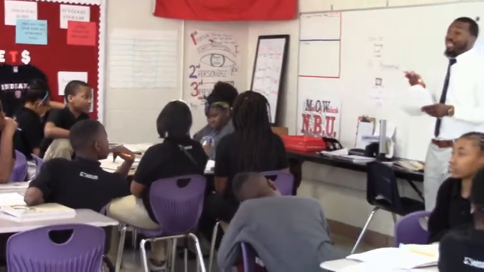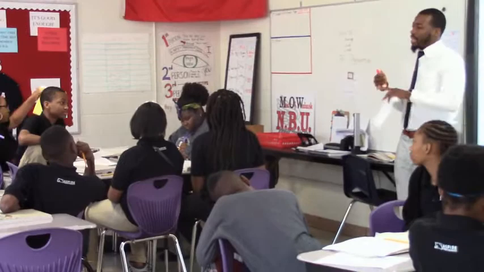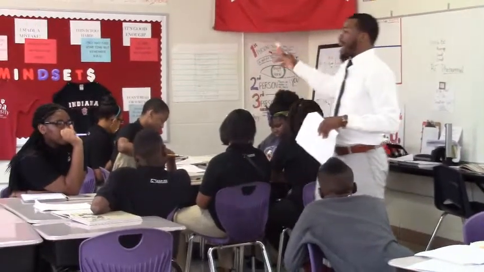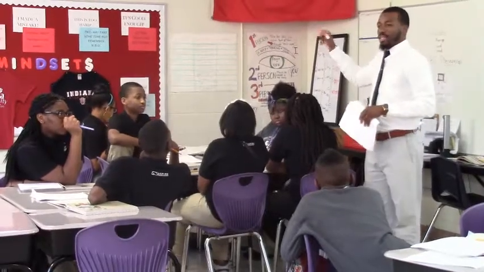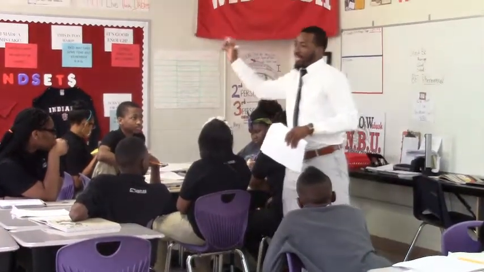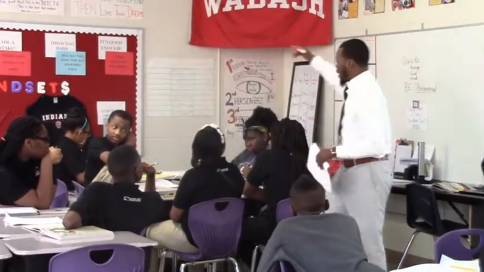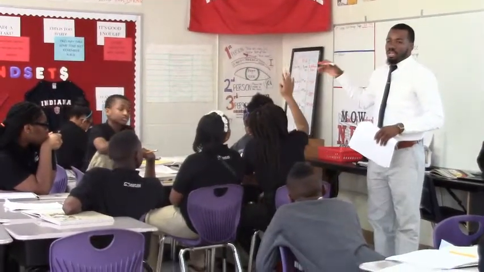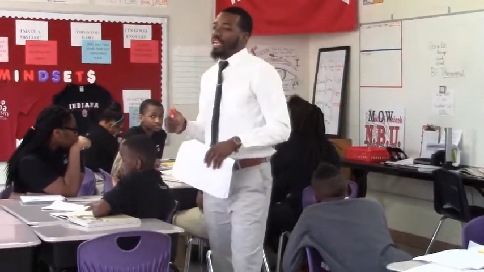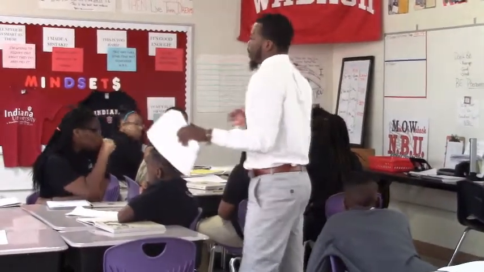Technically, none of them are wrong, because we already talked about it. When you're dealing with theme, there's more than one thing you can take away from that. But I actually think what we need to do is combine their themes. How can we combine their themes of saying, let the good times outweigh the bad times, and you need to keep on keeping on? Turn and talk in your groups to see if you can figure out how to combine those themes so that we can figure out what one thing we're going to work with. Make it happen.